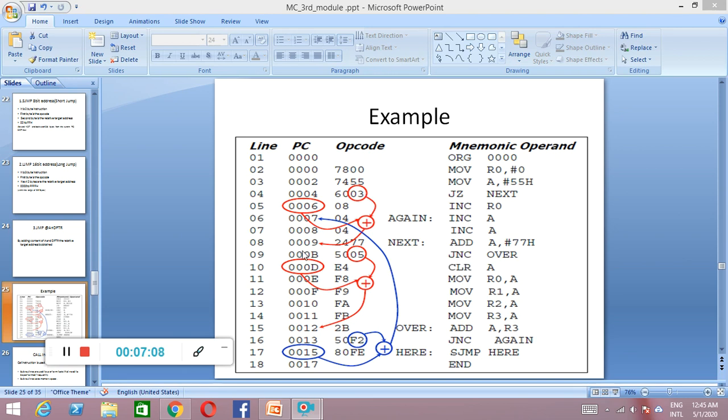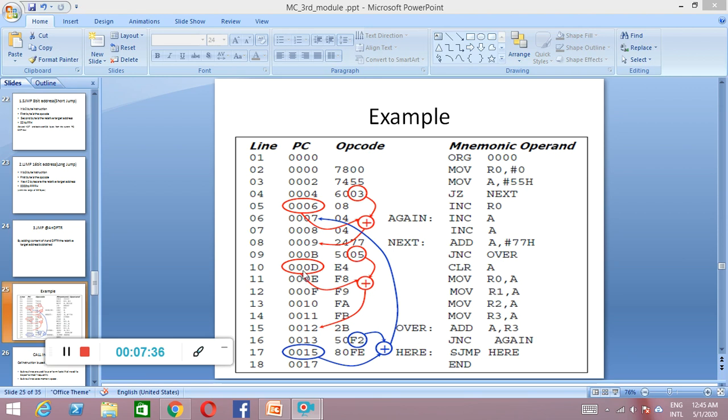Similarly, there is one more jump instruction given, jump no carry over. It checks the carry bit, whether the carry is 0 or not. If it is not 0, then it is going to jump to the over address. How is it going to calculate it again? This is the 05, a relative address, so it is added with the program counter content.